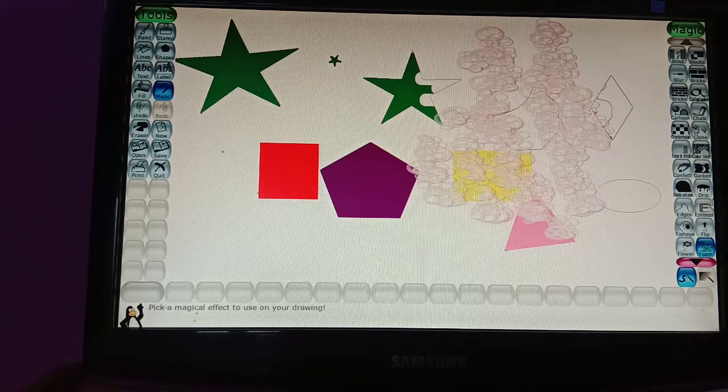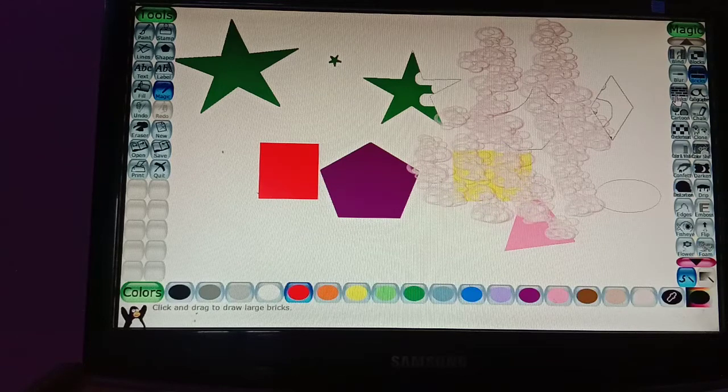If you want to create a brick effect, for example in this red square, you can choose this. This is your bricks. Two types of bricks are there, the small one and the bigger one. I'm taking the small bricks, with this brown color as the brick. See, it will show you a brick effect. Clear to everyone?